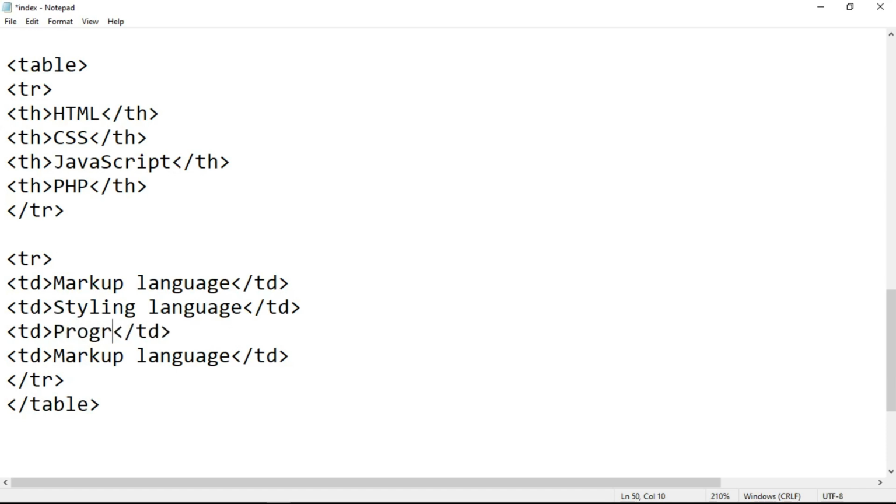Remember, HTML and the CSS is not programming language. HTML is just a markup language, then CSS is a styling language. Now JavaScript is the programming language for creating interactive web pages. So let me say programming language here, programming language. Then PHP, let me say server-side language,